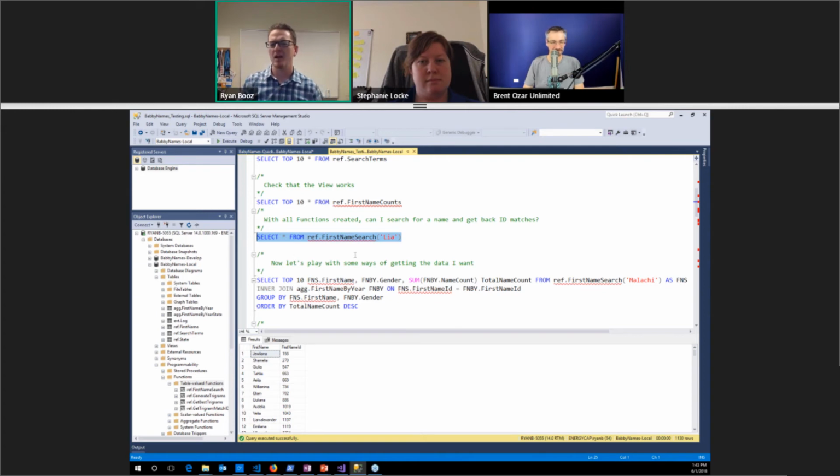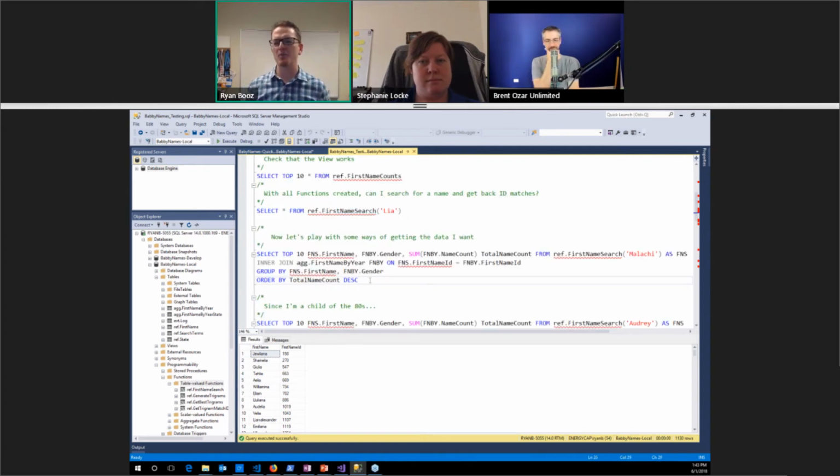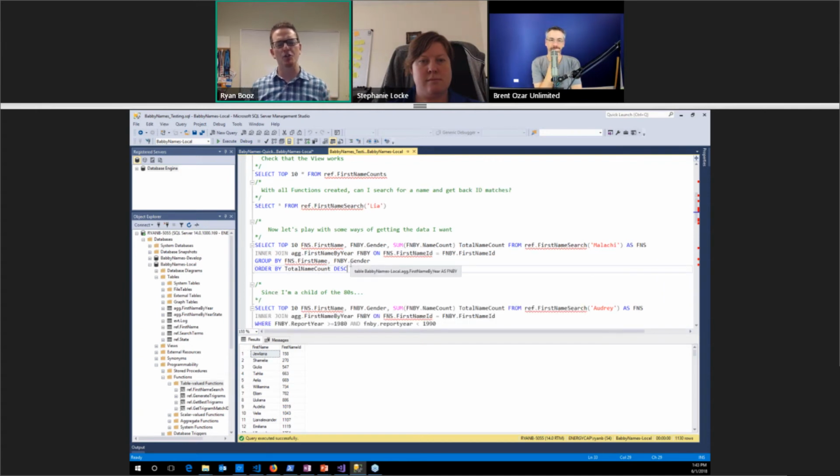All right. But now that I have all of those, I should be able to start to search for names that are similar. So what I'm going to do is create trigrams out of the names, search for the matches in the trigram search table, and then link that to the table Kendra made that gives you the number of times that name was used every year. And so we're going to bring the ones that have been used the most to the top. That's how we're going to try and find names that are similar.